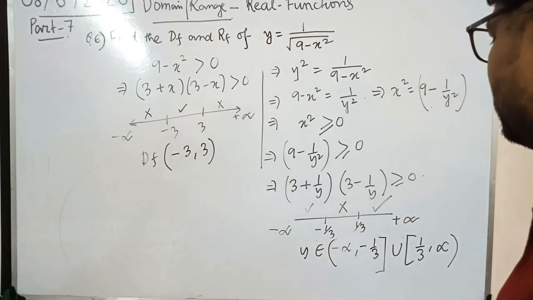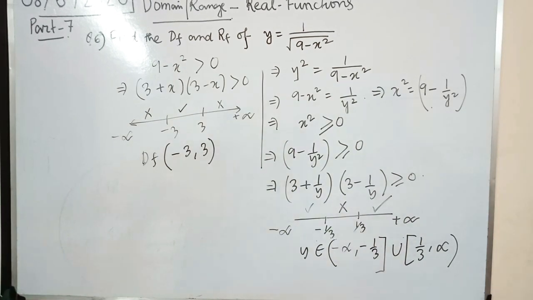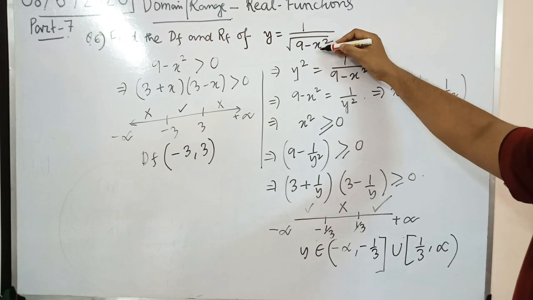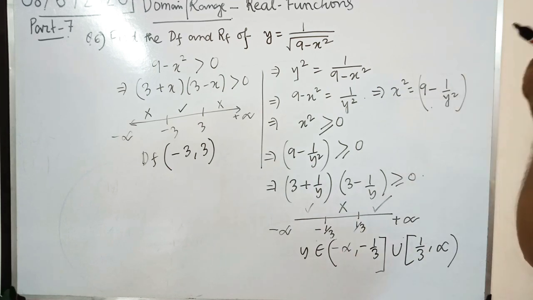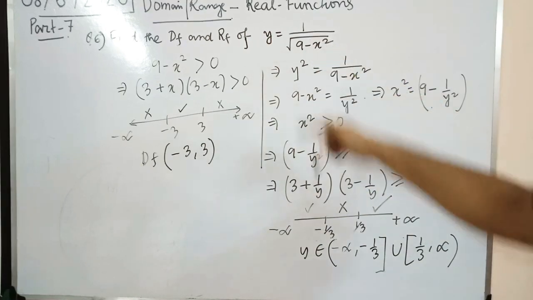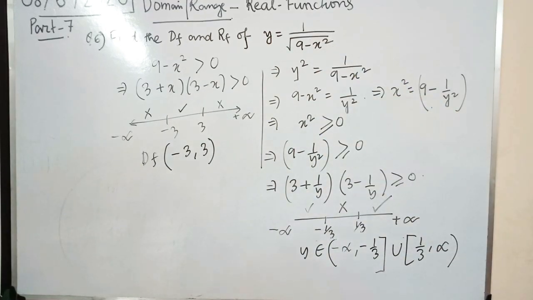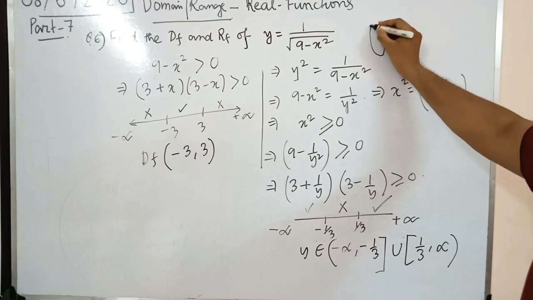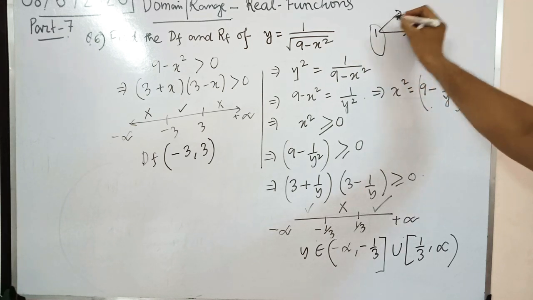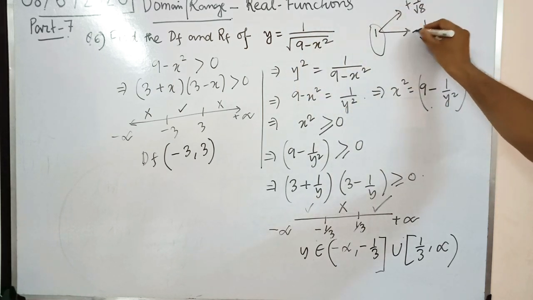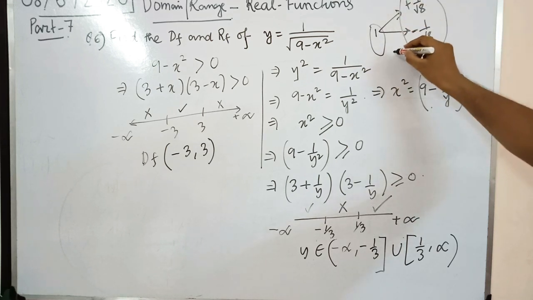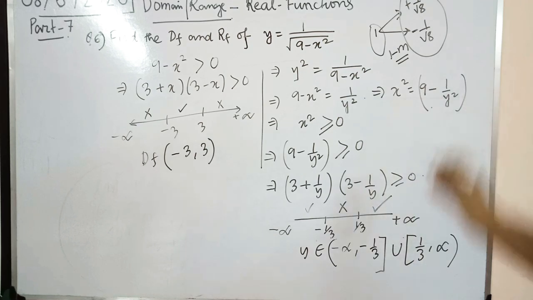Why so? Because this part is the negative value of y. So when you put some value, say x equals 1, you get 1 by root over 8, and that is plus or minus. So for x equals 1, just look at what is happening: you are getting 1 by root over 8 plus or 1 by root over 8 minus. These are the y values. So don't you think it's becoming one too many? That means it's actually breaking the rule for a function.